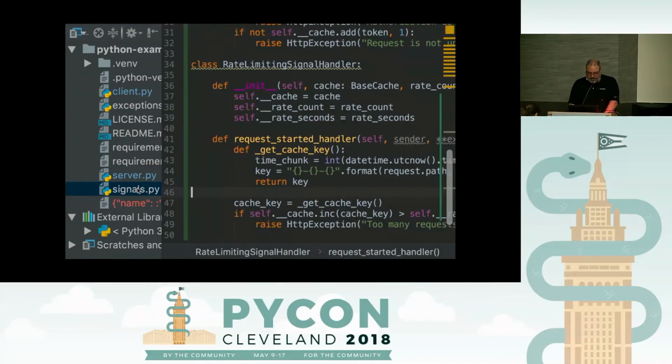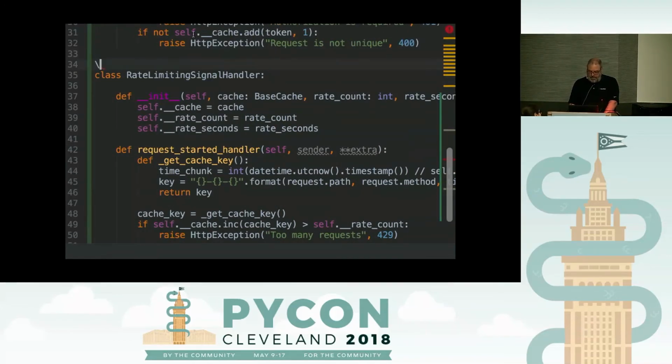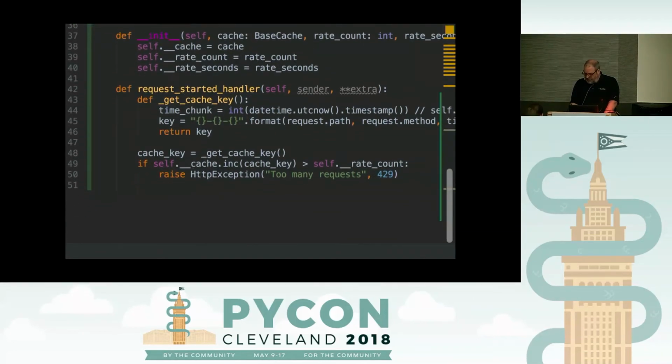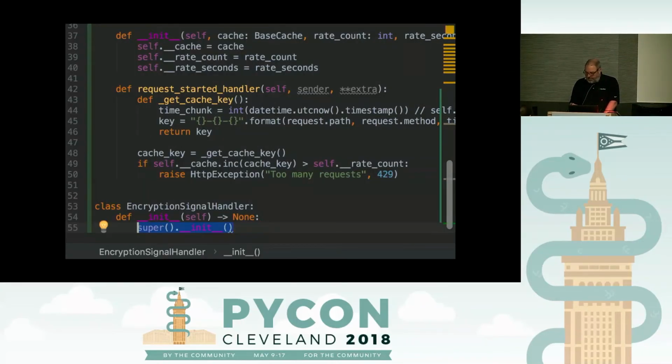Okay, so we're back to signals. And we're going to make another signal. And this time it's going to be the encryption signal handler class. Oh, class, I'm sorry. Typing is not my thing. All right. And this is going to need